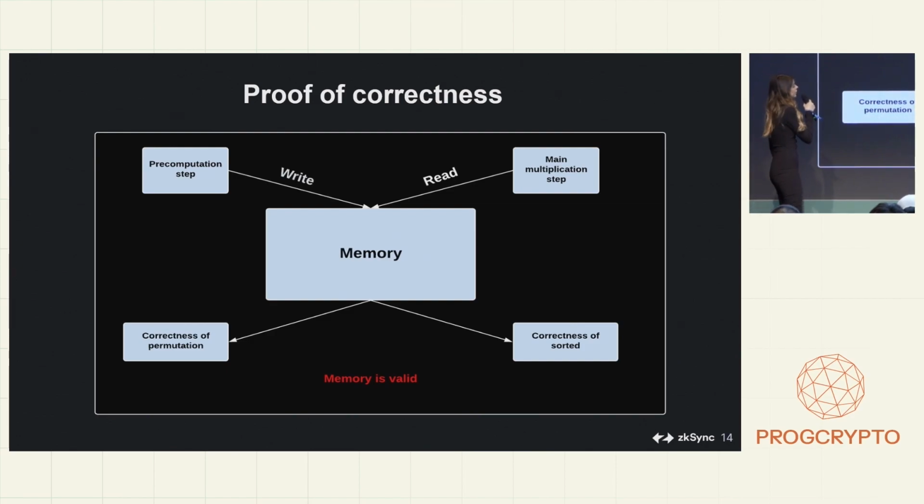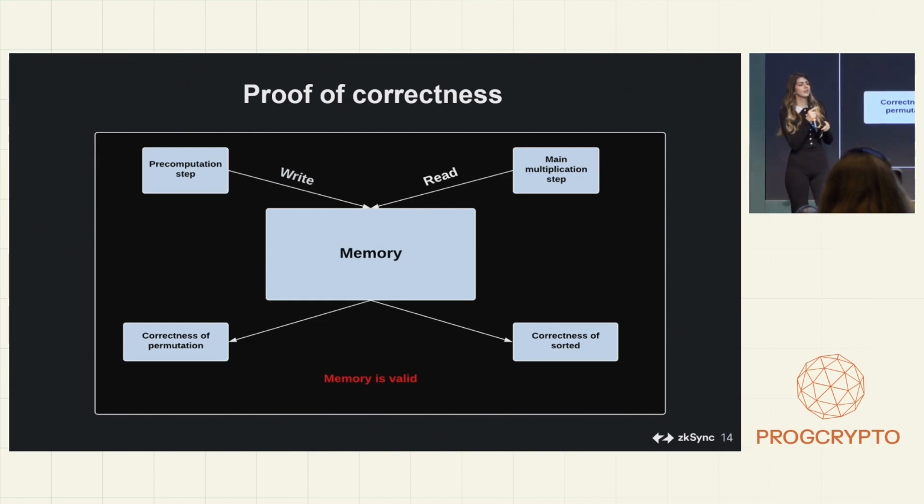So, proof of correctness. Don't forget that we actually work in ZK, so we need to prove our memory. During the precomputation step, we make write requests, and during the main step, we make read requests. So correctness of permutation: we take all of these to the queue, split them, and sort them. And we prove that we have exactly 2 to the power of window minus 1 points, so we make sure that we don't have any other points that could make an incorrect proof. And of course we need to prove